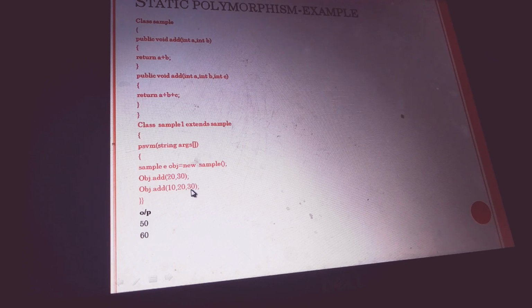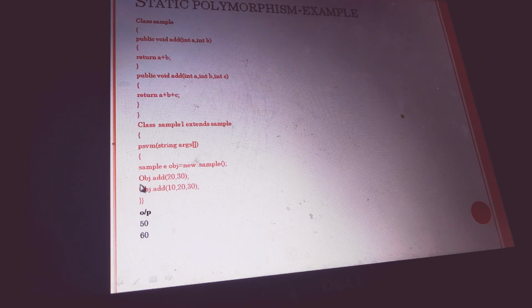Then go to the next step, obj.add. The method name is add, but inside the braces there are three inputs: 10, 20, 30. Then it will automatically invoke the function where we declared three parameters.